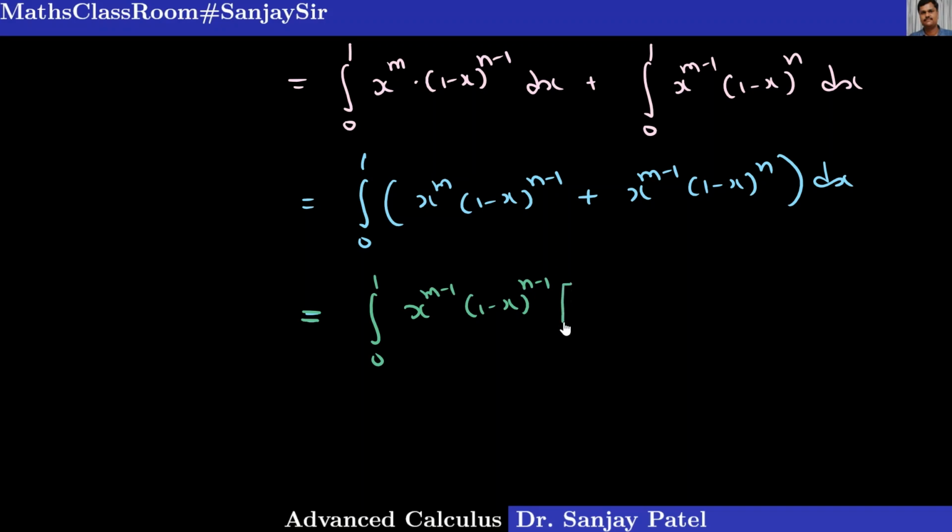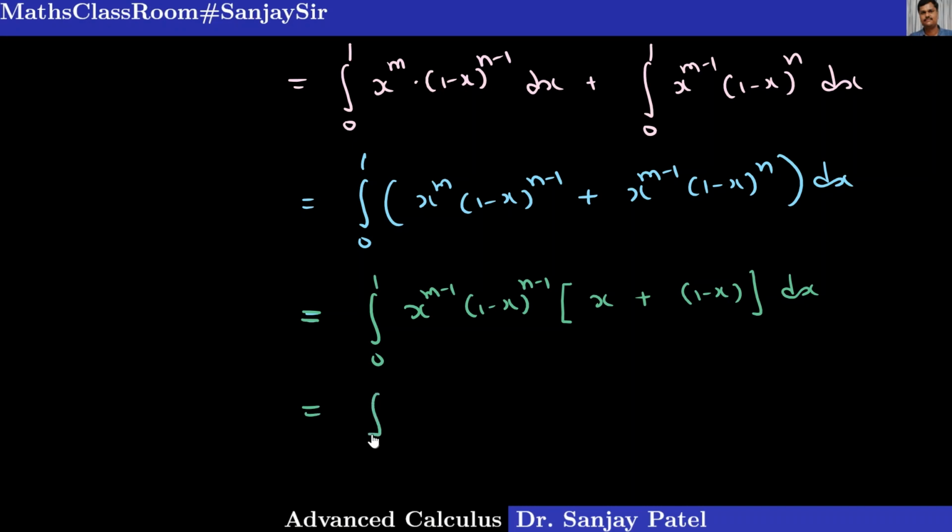What is left inside the bracket is x, since x raised to m minus 1 is taken common, so I should write x here in order to have the same expression, and here 1 minus x raised to n minus 1 is taken common, so still 1 minus x will be left, this into dx,